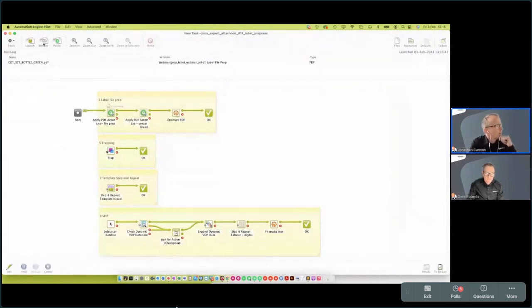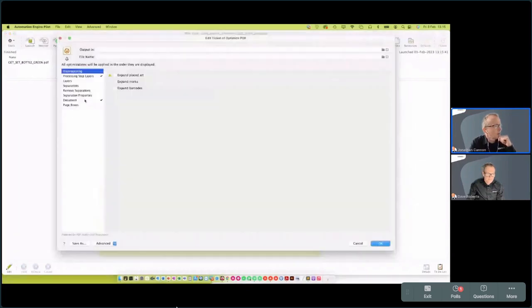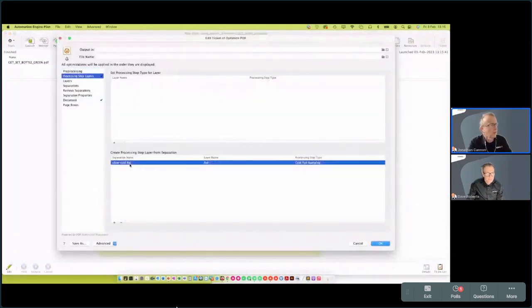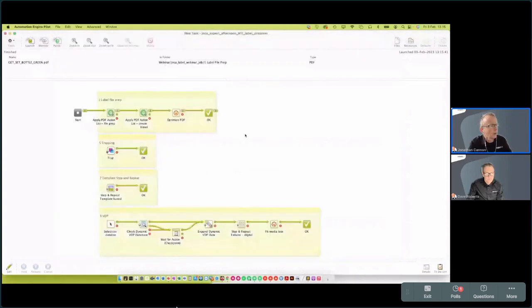Okay, so there goes the file. It's the first action list, which is preparing the file. Second action list is creating bleed. And then we hit this Optimized PDF task that's going to actually, based on some separations, create us some artwork layers. Now, if we have a look at the resulting file,